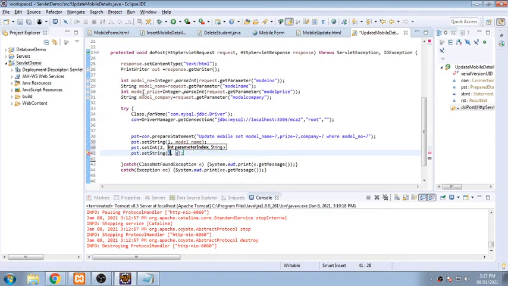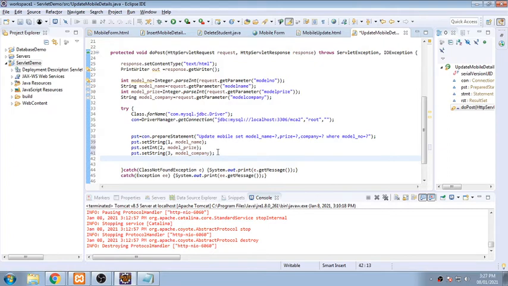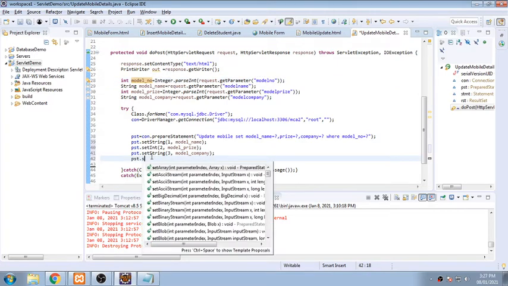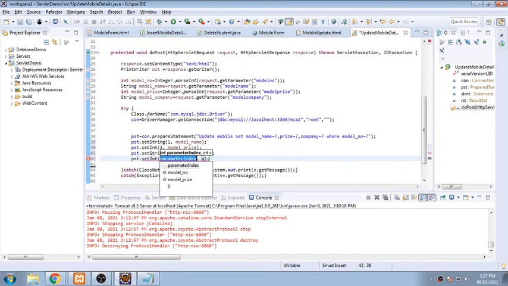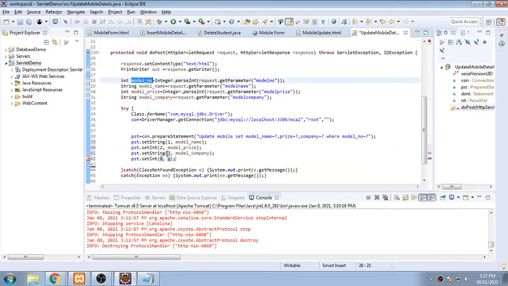And the string will be the third question mark, and what is the third question mark? This is model company. So here I will be passing the model company, and finally the last question mark is model number, and that is nothing but your integer. So pst dot setInt, that is the fourth question mark, and that is your model number.